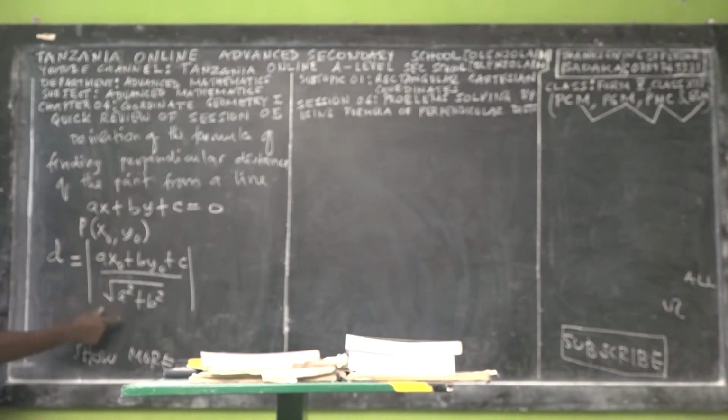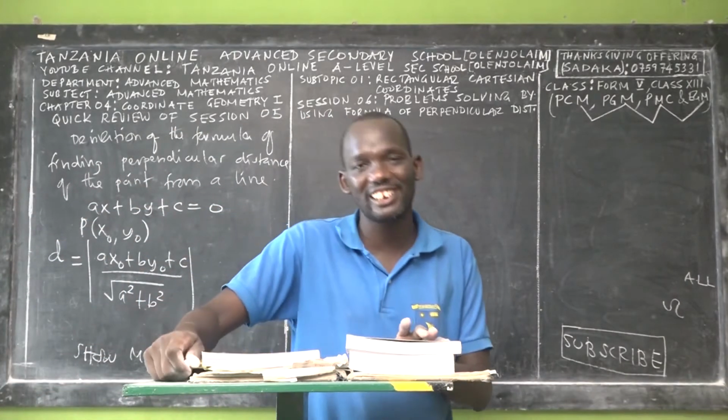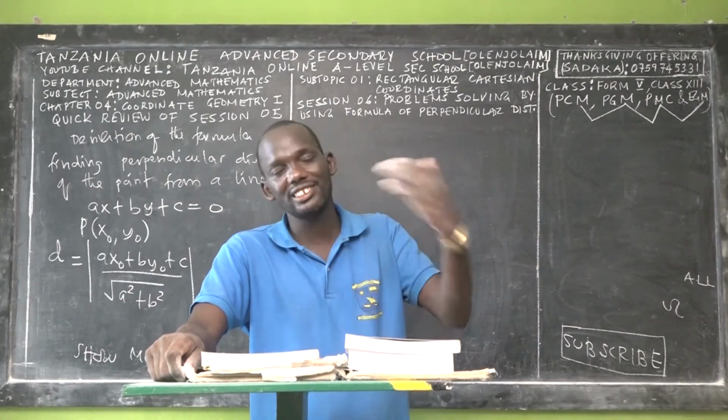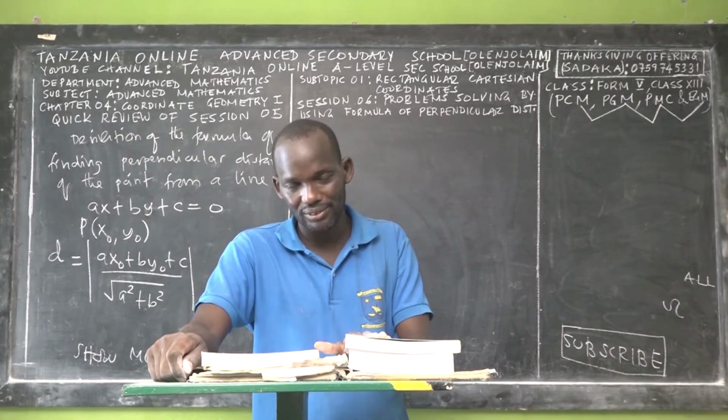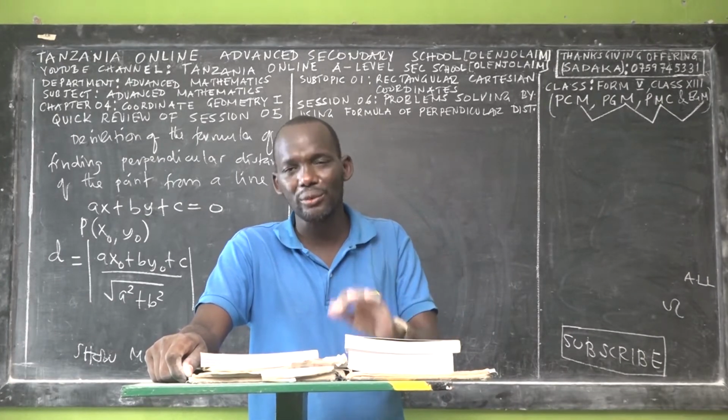And then we know these are the coefficients: this is the coefficient of x, this is the coefficient of y. So we didn't solve any question. We just taught you the derivation, long derivations actually. I think this is one of the longest derivations in advanced mathematics for Form 5. I'm not sure if there are other ones, but in case there are, we'll discuss together.